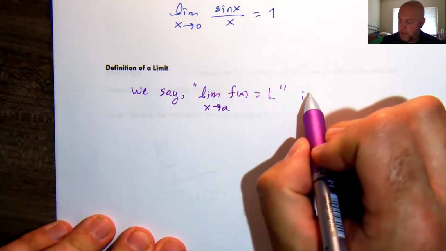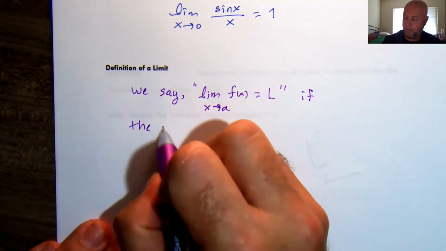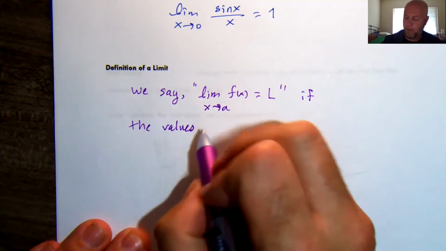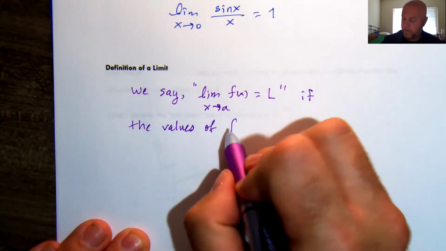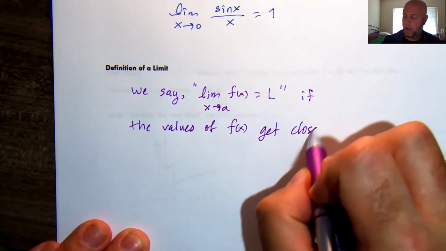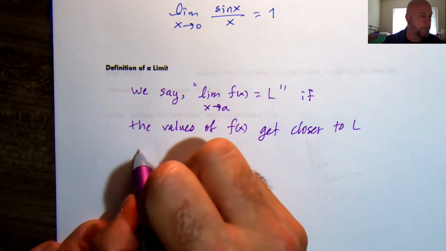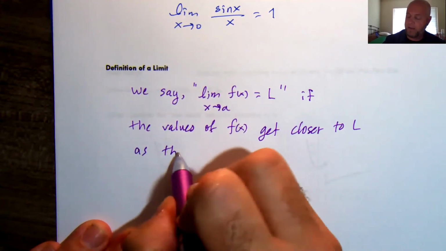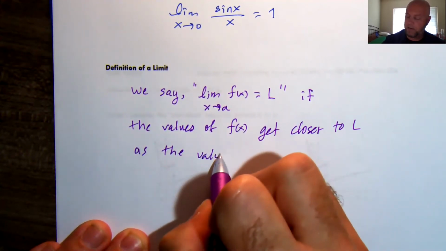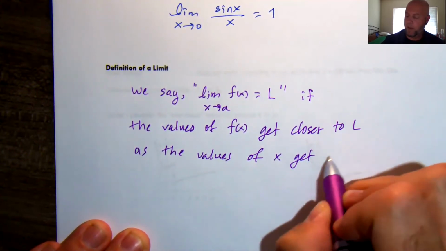We say the limit equals L if the values of f of x get closer to L as the values of x get closer